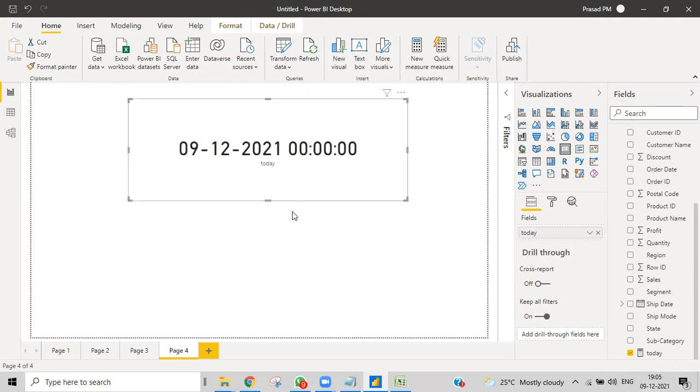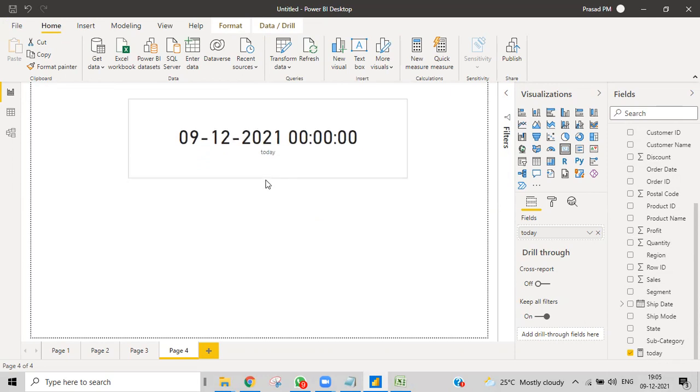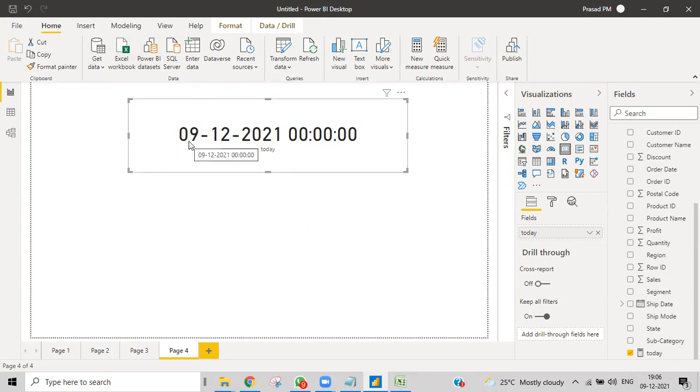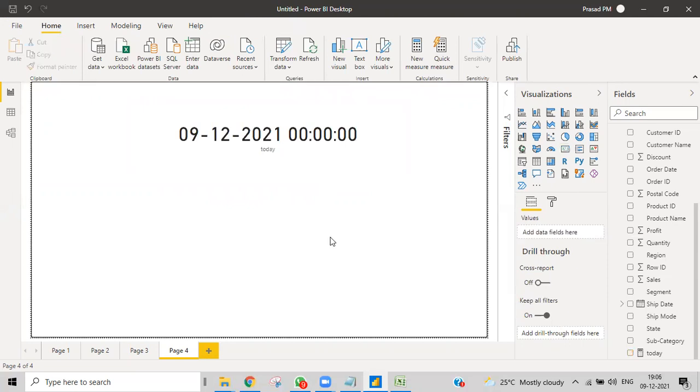And then what if I want to get both the date and time? So obviously we do have another function. If today changes to tomorrow, if I come again and open tomorrow, then obviously it would be the next date. So it is a dynamic thing. If you give today, every time it will change.